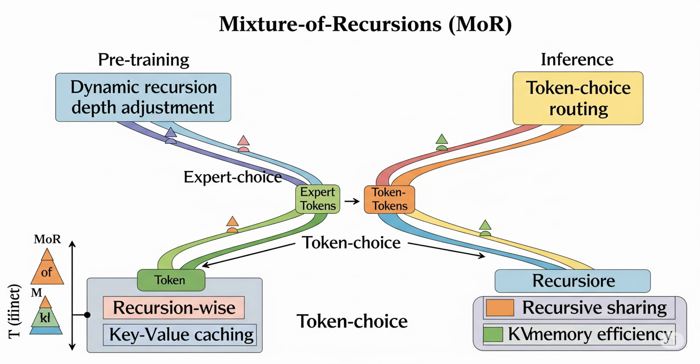You mentioned two strategies. Yes, two KV caching strategies designed just for these recursive models. The first is recursion-wise KV caching. This one's very selective. Only the tokens that are actually routed to a specific recursion step store their key value entries at that level. So if a token stops after step 1, its KV pairs don't get stored for step 2 or 3. Exactly. And then the attention calculation at each step is restricted only to those tokens that are locally cached at